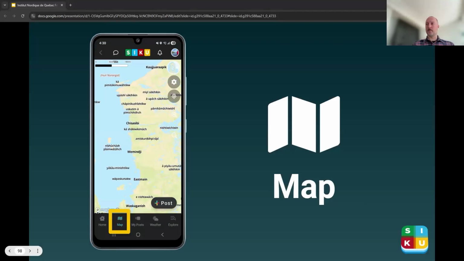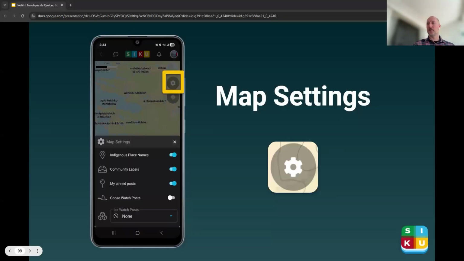Yeah, so to look at the map, you just go to the map icon at the bottom. And next slide. In the top right, you'll see a couple of controls. Tapping on the gear icon will show you your map settings. You have the option to turn a couple of things on and off. You can turn on and off traditional place names, the shoreline, community labels, and Ice Watch and Goose Watch